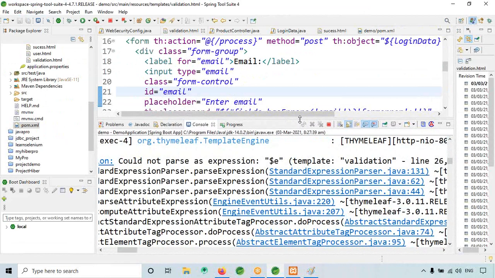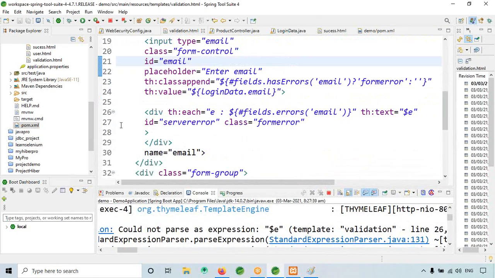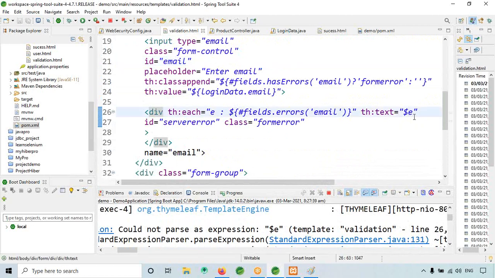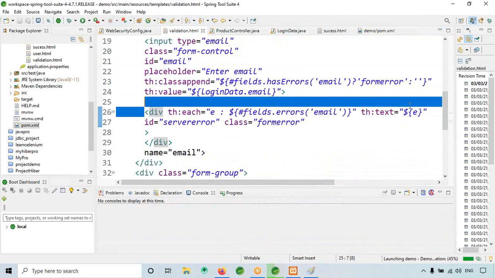Hmm, line number 26 here. Okay, so in 26 there is some error. Okay, so this is something like this within the curly braces. I think by this time I could have copied from the internet. Yeah, these tags and all. See, it's available.